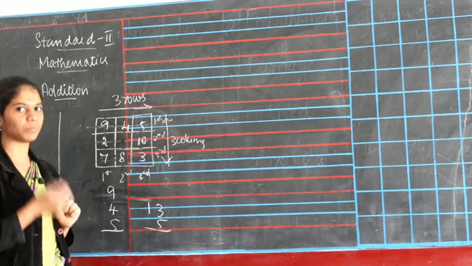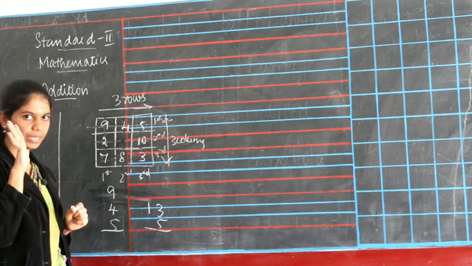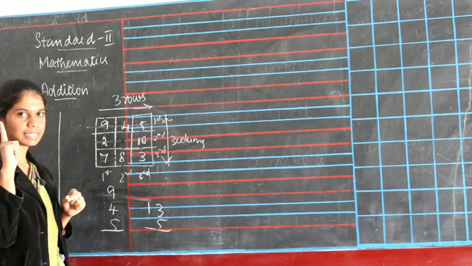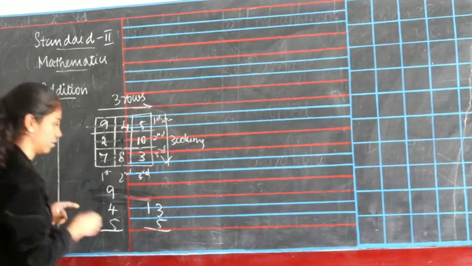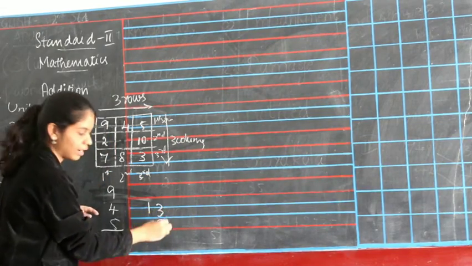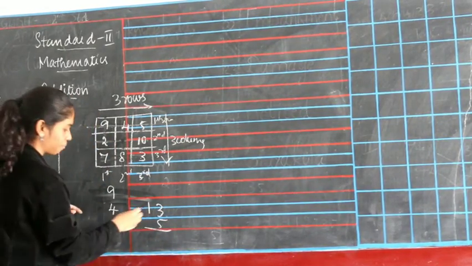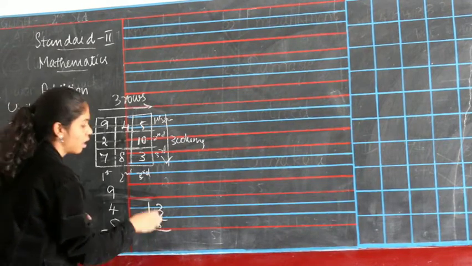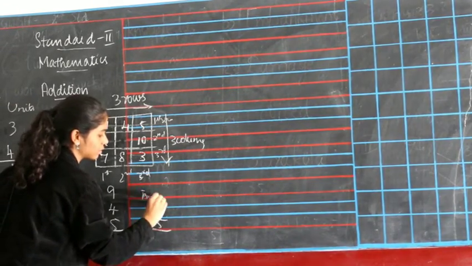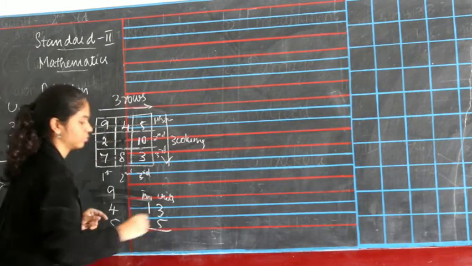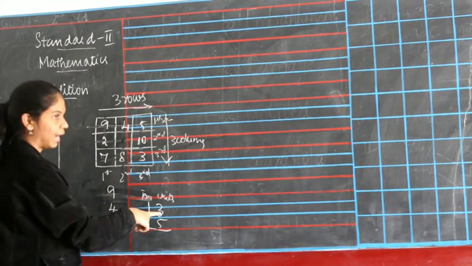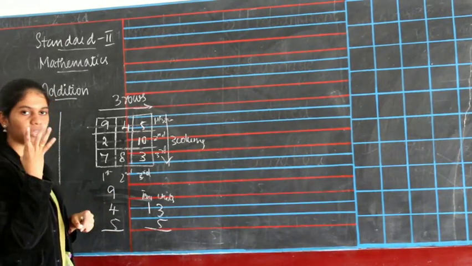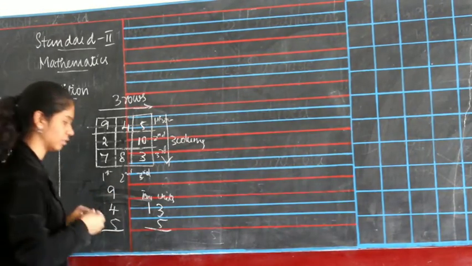So 13 in your mind, 5 in your finger. 13 after 14, 15, 16, 17 and 18. So 3 is here and 5 is here. See, you got 13, right? So 13, this is tens and this is units. You can write like this and add 13, 3 in your mind, 5 in your finger. 3 after 4, 5, 6, 7 and 8.